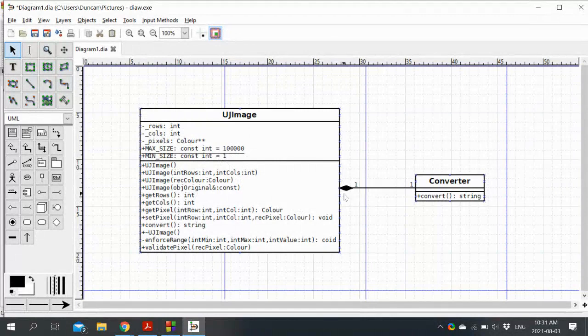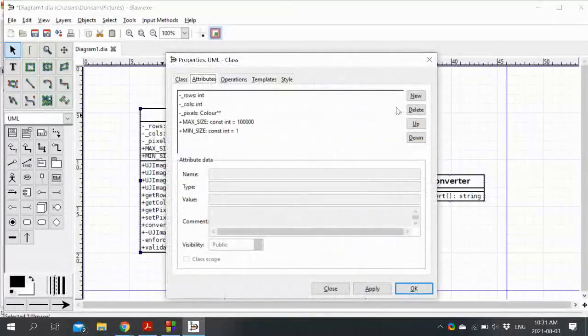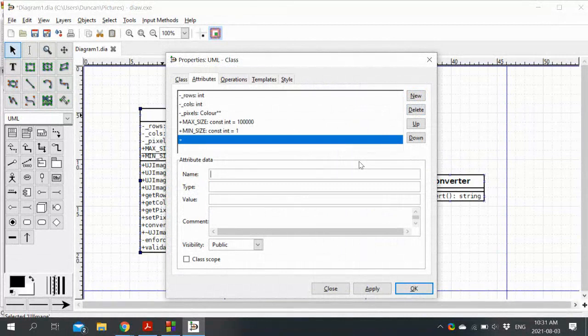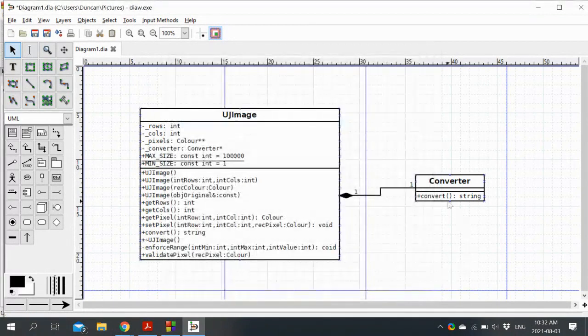And now, because the UJ image has one, it needs to have a variable of that type as part of its attributes. So we will add, and let's do it manually, we'll do it with pointers, a converter of type converter pointer. We'll keep it private, with the other private stuff.